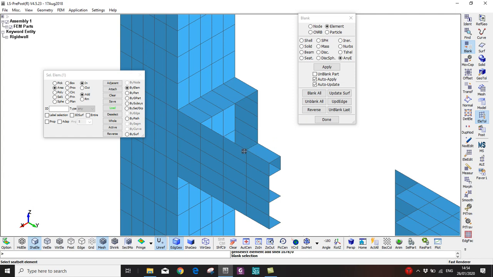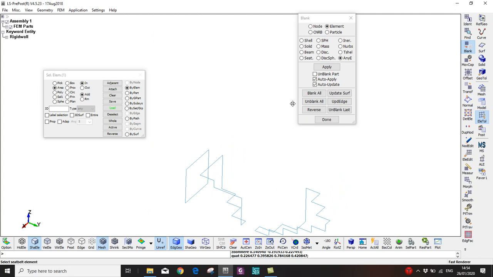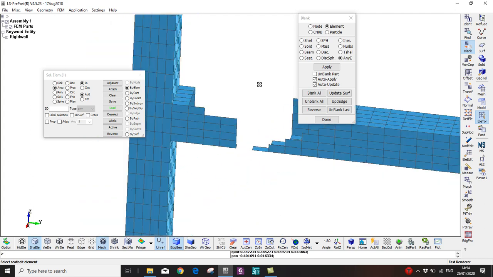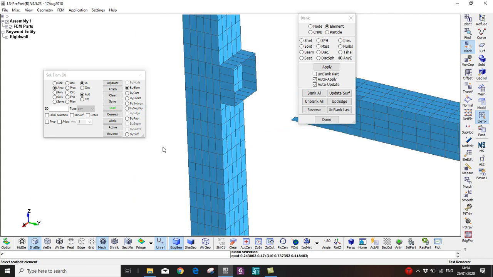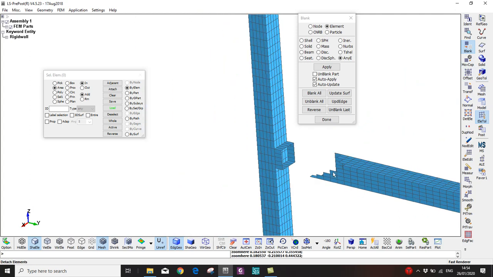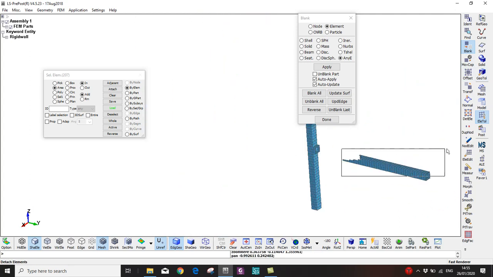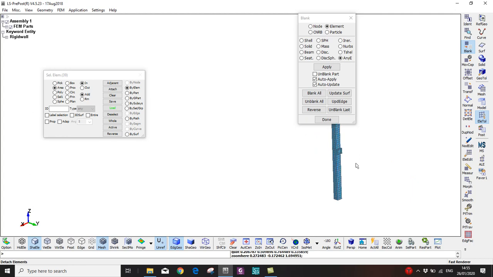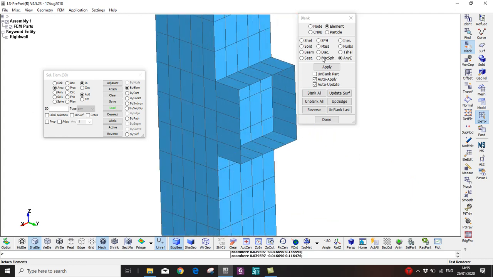So now you can see here. Okay, now I can see all the nodes that I want to fix together. This one also, I just hide all these things. I blank them. Okay, so now what I do is go to model,